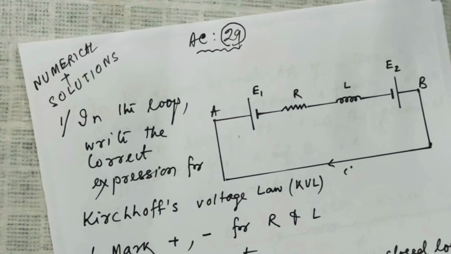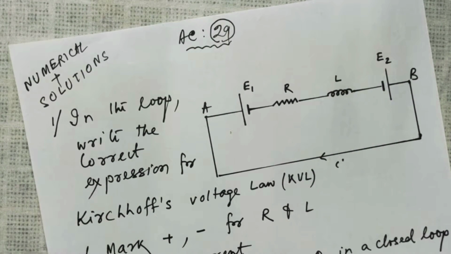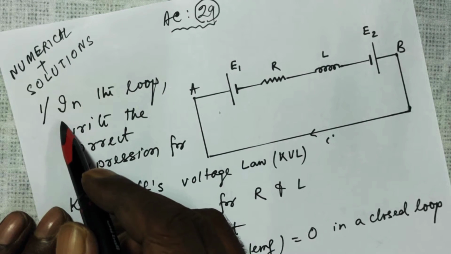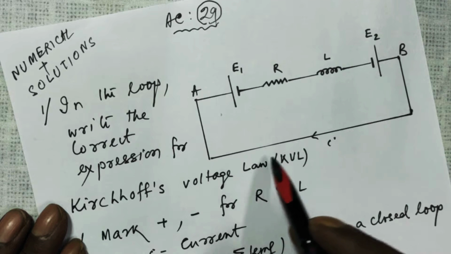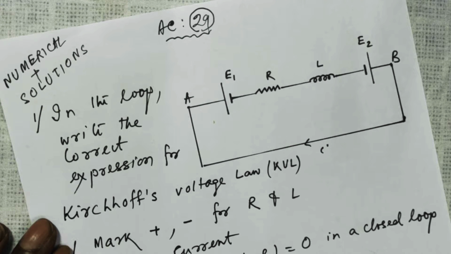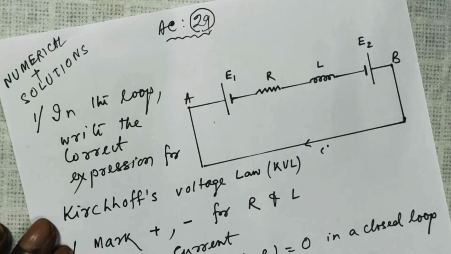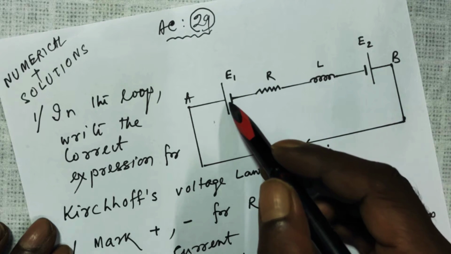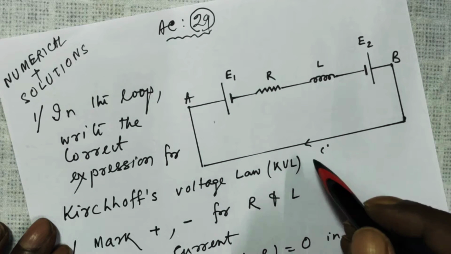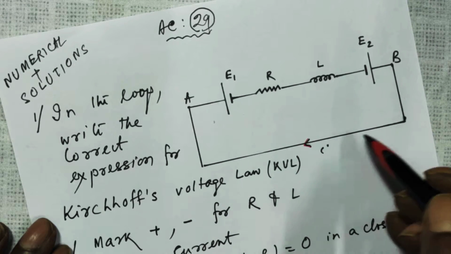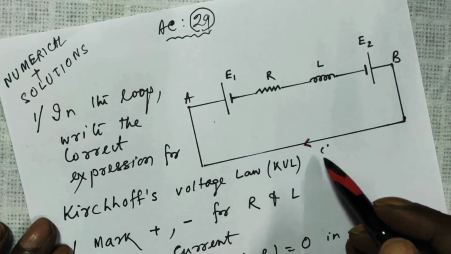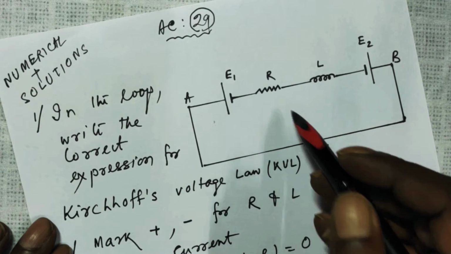अब चलते हैं. The first one, very simple. Now look at this loop. In current electricity, we only dealt with resistances. Now we have a resistance, we have an inductor, two sources of EMF E1 and E2, and this is a complete loop. In the circuit, the current is going clockwise. It can go the other way also, but it is given that it is going clockwise.